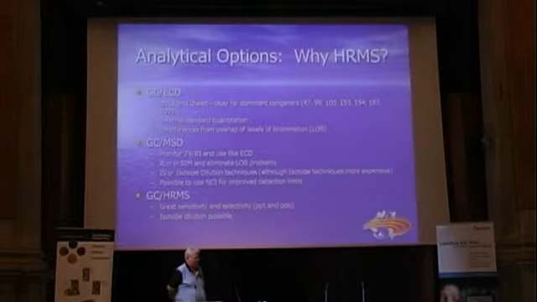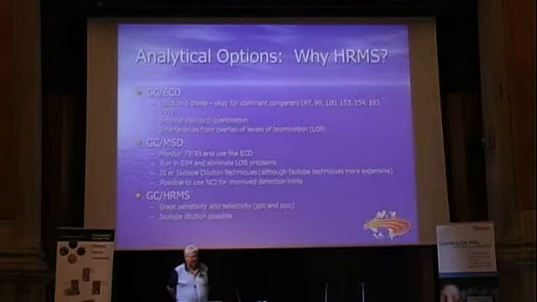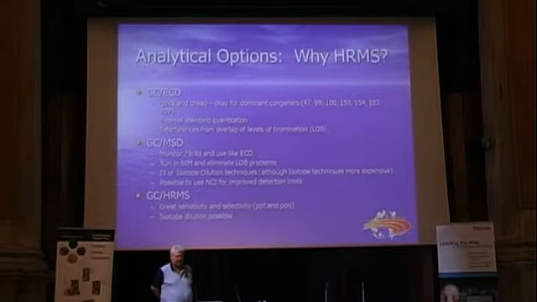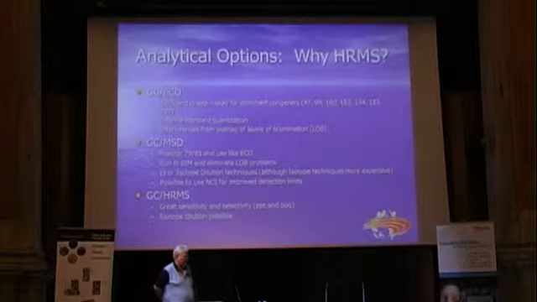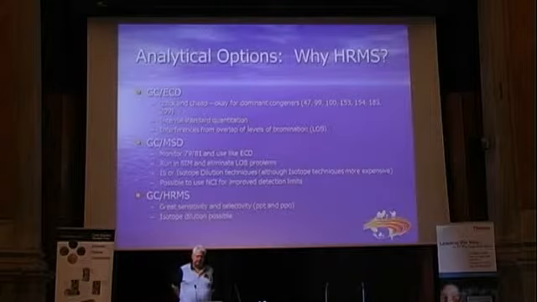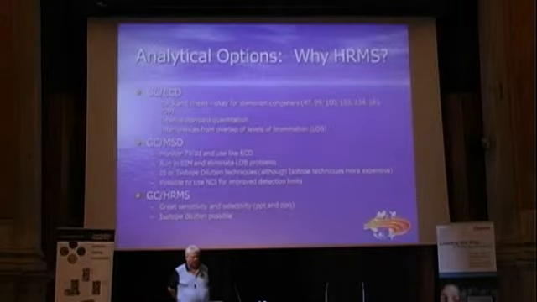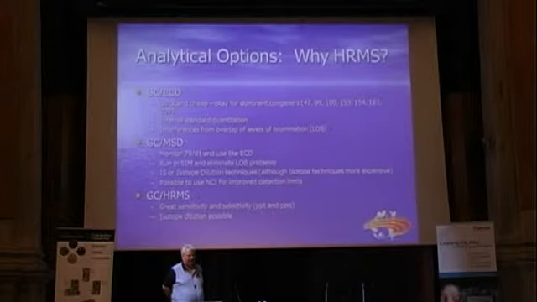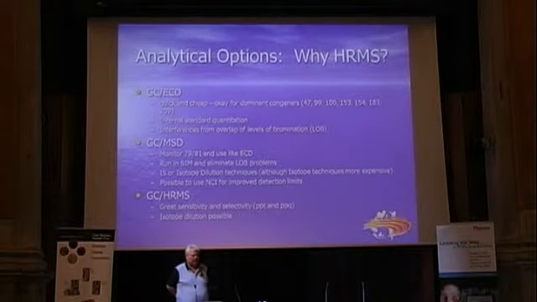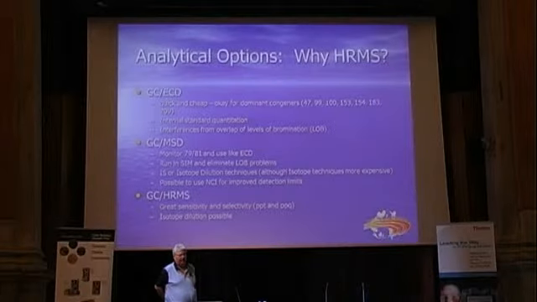Analytical options. You can use a number of instruments, and people do. They use what they have available, whether it's ECD, GCMS, high-res mass spec. In our lab, the only equipment we have is high-res mass spec, so that's why we run that way. There's a lot of good data being produced from ECNI, low-res mass spec. You look at fragment ions in there. Look at a 7981. You can use a low-res mass spec just like you'd use an ECD, and you're selective for the